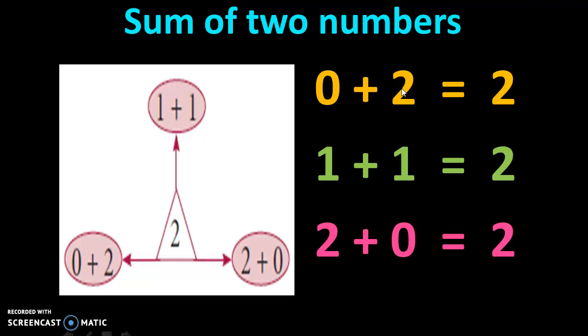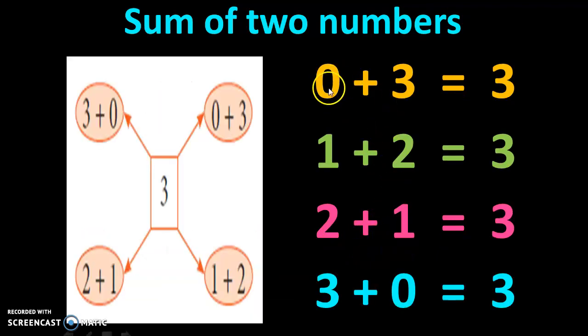We studied this in chapter 2, remember. Okay, so this is 2 and after 2 what will come in the backward counting? 1, then 0. So when the 0 comes, that's the end. So we'll stop there. So we'll start with 0 plus 2 and that ends with 2 plus 0. Similarly, for 3 also we start with 0 plus 3 and it ends with 3 plus 0. Likewise, the first line is all in the forward counting 0, 1, 2, 3, and in the second order it is backward counting 3, 2, 1, 0. You get the same answer, all 3's.